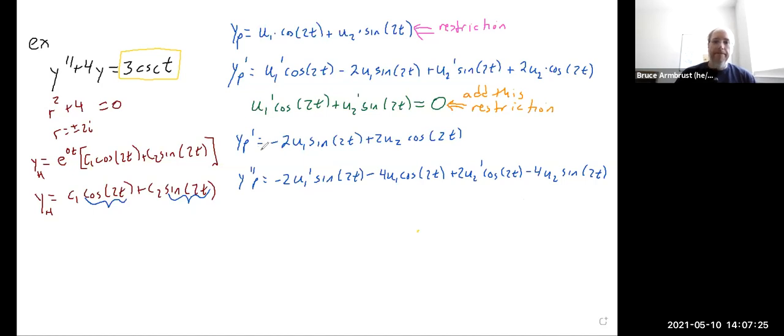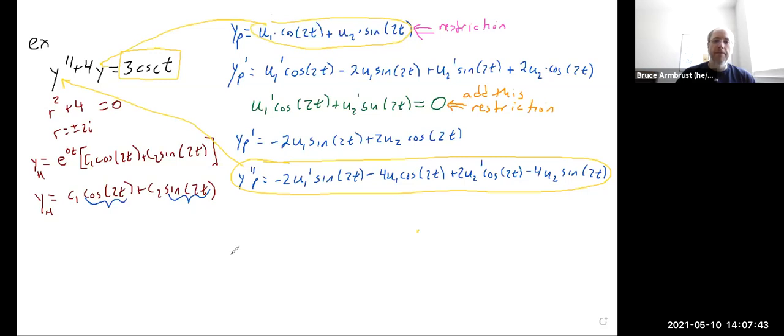All right. So now let's make use of our differential equation. We're going to take that, put that into the y double prime. We're going to take this, put it in right there. And so when we bring that back, we've got now what we get when we plug this stuff in,